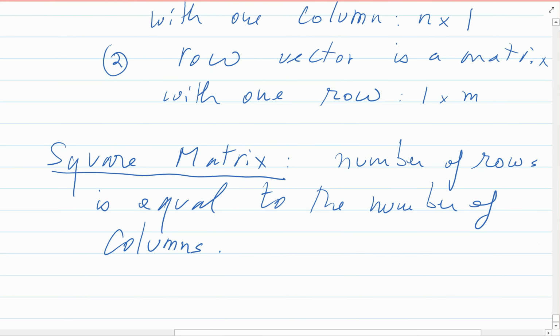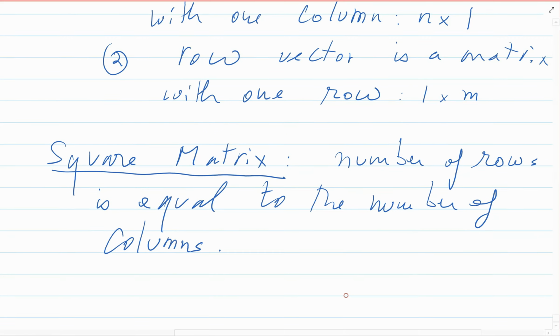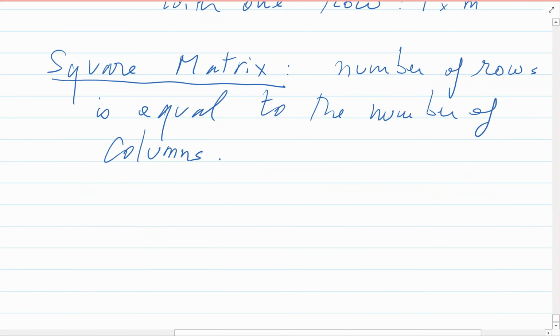So in other words, the shape is not a rectangle but a square. That's why we call them square matrix. Great. So before we define a little bit more objects associated to matrices, let us make a remark here